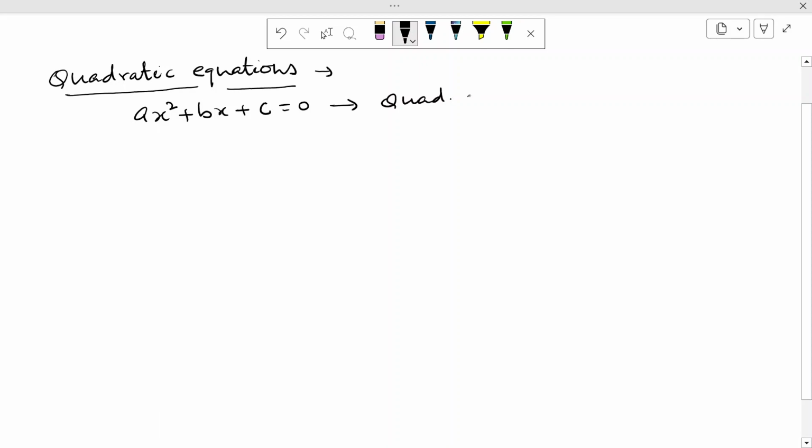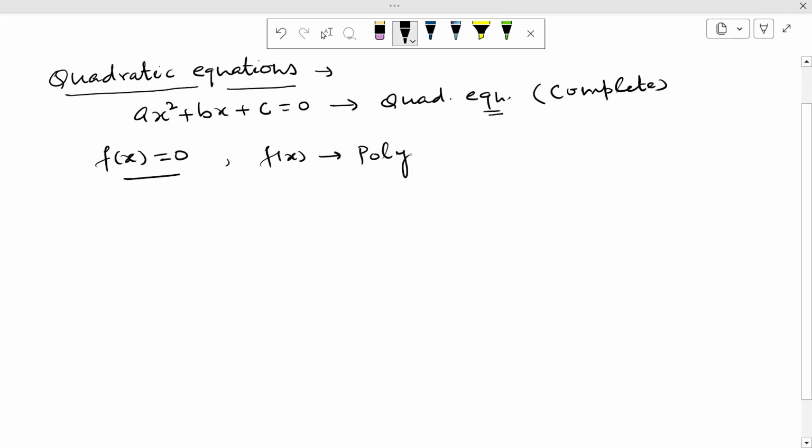Okay, so this is our quadratic equation. In fact, this is a complete quadratic equation. Okay, so in general we define our quadratic equation as f(x) equals 0, where this f(x) is a polynomial of